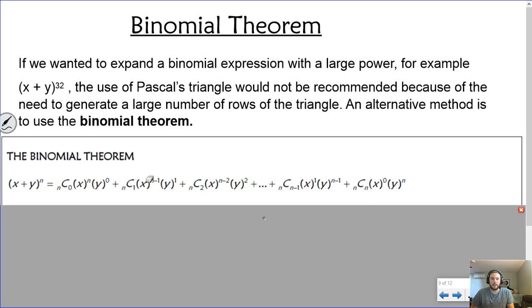And then nC1, x to the, and then we're going down by 1 and up by 1, right? And then nC2, we're going down by 2, up by 2, and then down by 3, up by 3, and so on and so on. And then the pattern is going to go from right to left in the opposite way, where the y will be put to the n and the x to the 0 from the right-hand side, and then the powers on the y will go down by 1 as we go from right to left, and the powers on the x will go up by 1. And your coefficients will also match going from right to left as they do from left to right,